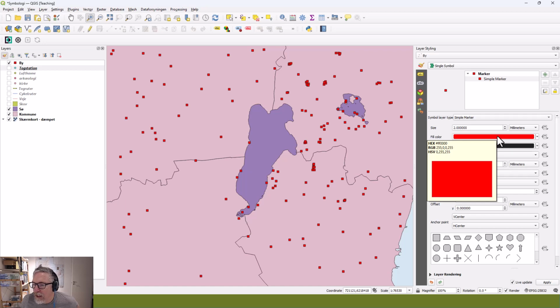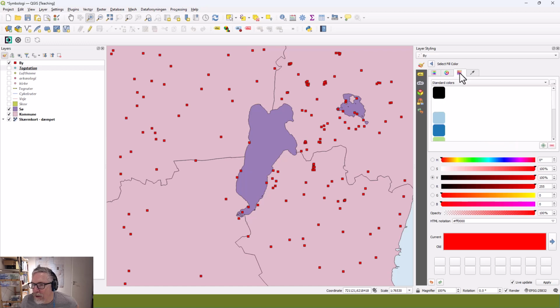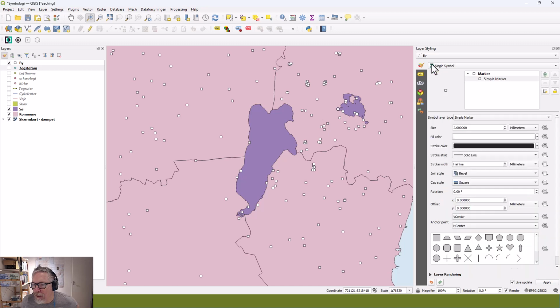So I can double click on the fill color and go to this palettes option, and in the standard colors there's white. So I can make them white and then click the blue go back button to return to the main layer styling panel. So now I have the towns as white squares,